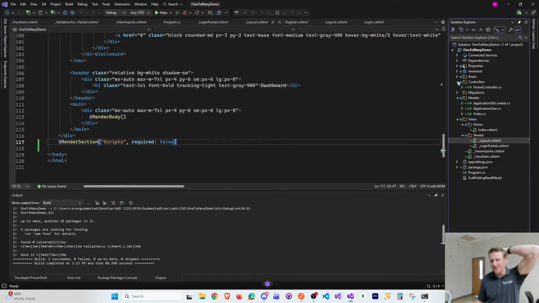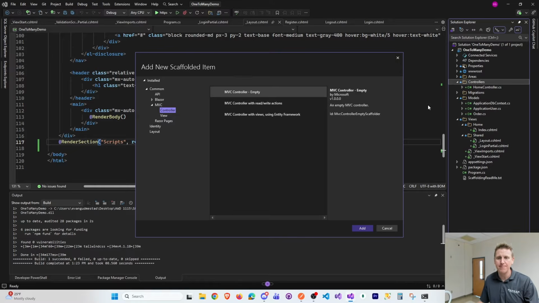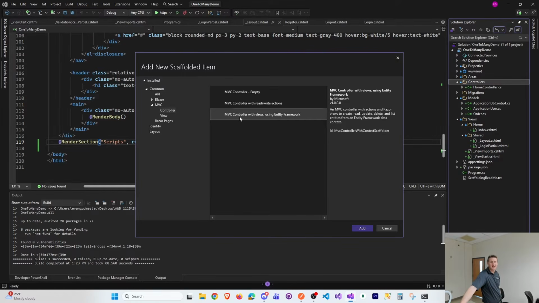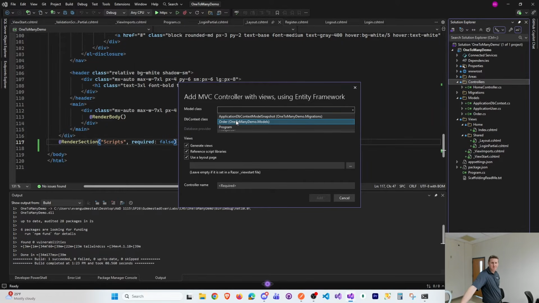So if I kind of minimize this, this will be new for you guys as well. Again, I think like anything else, once you know a little bit about MVC and you know how to do CRUD operations once, you can do CRUD operations in MVC a couple more times and get used to all the different conventions that are there. But check this out. I'm going to add a controller. This is a different option. MVC controller empty is what we normally select. MVC controller with views using Entity Framework. Remember we talk about that scaffolding? So I'm going to say, hey, make